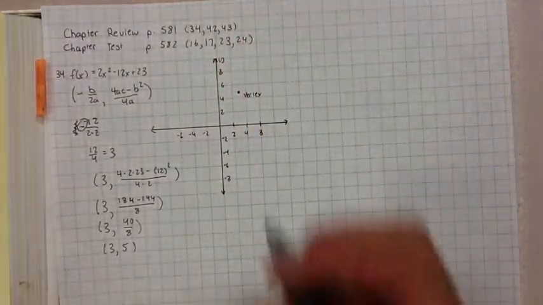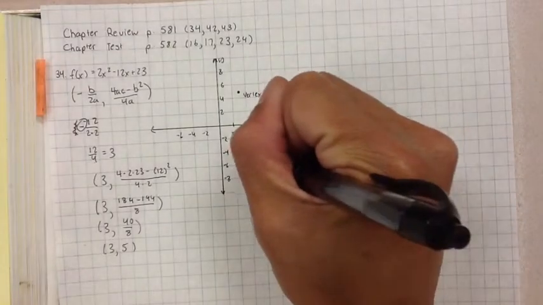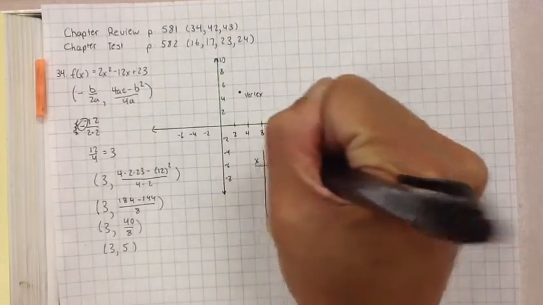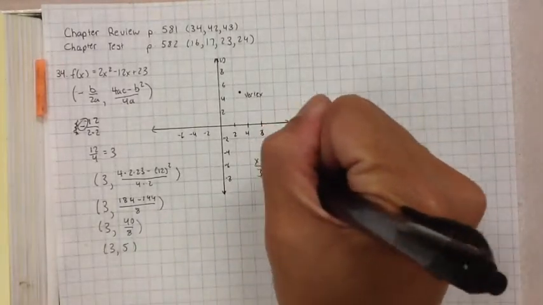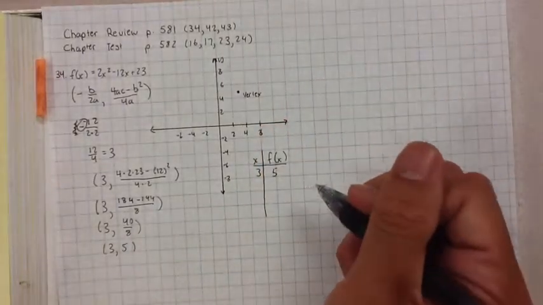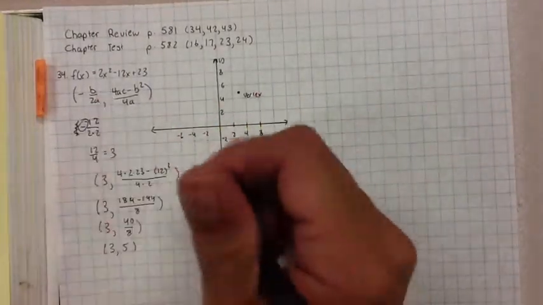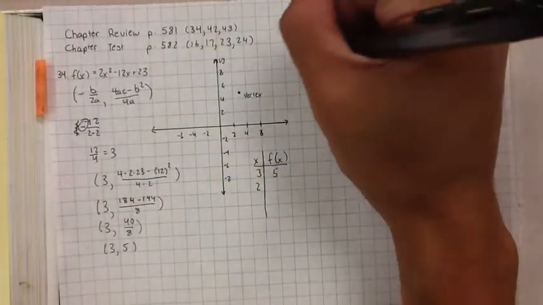Going to set up my xy chart, or f of x in this case. Here's x. Here's f of x. I'm always going to need 5 points. We know that x is 3, f of x is 5. Then we go 1 to the right, 1 to the left. So if x is 2, plug that into my equation. So over here, we'll say f of 2